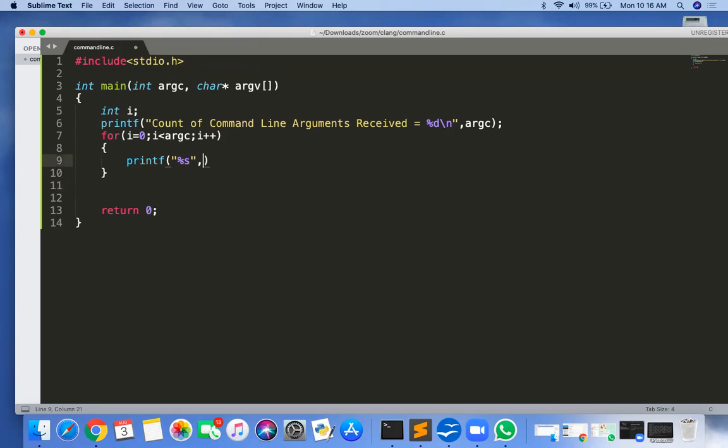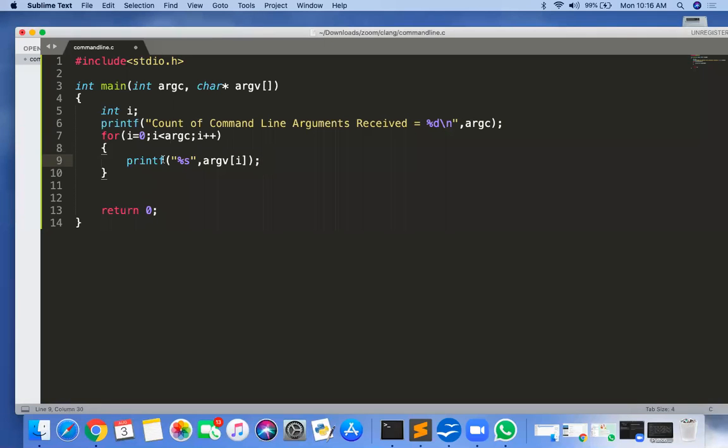First I can print argv of 0, second argv of 1, third argv of 2. So to iterate, I just need to give argv of i, with i starting from 0 up to argc minus 1.